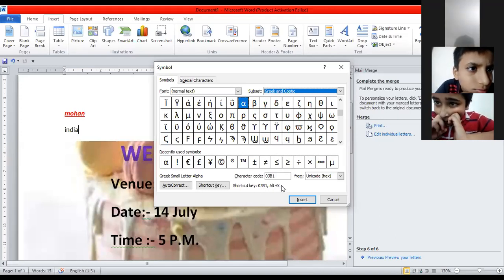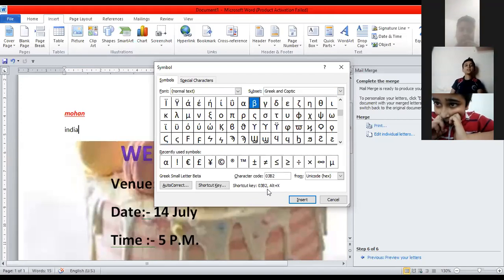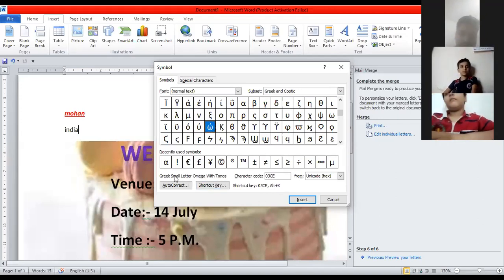Understood? For each character, just see here. This is selected. I'm just selecting beta now. As you select different ones, what this particular letter is called, the name of the letter is also shown. Greek. You can see the names are changing, and the shortcut keys are also changing.